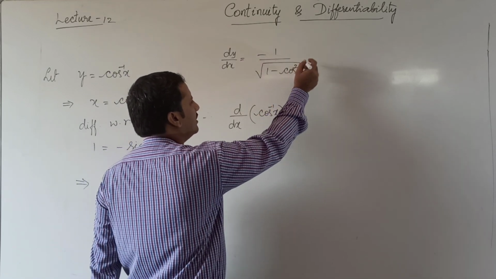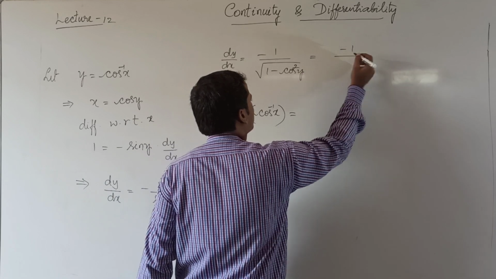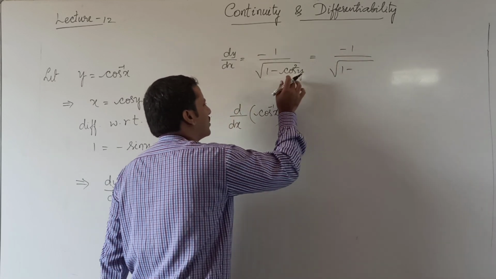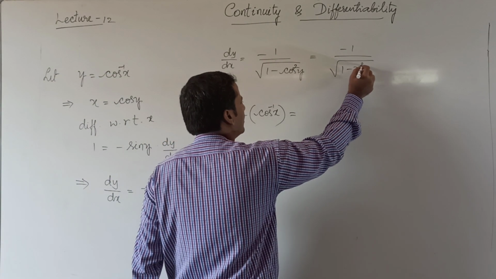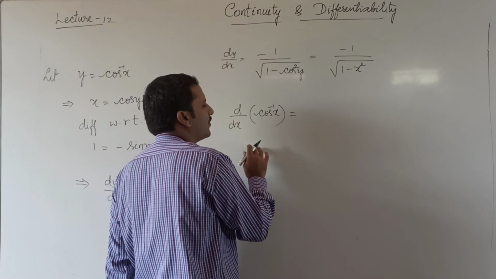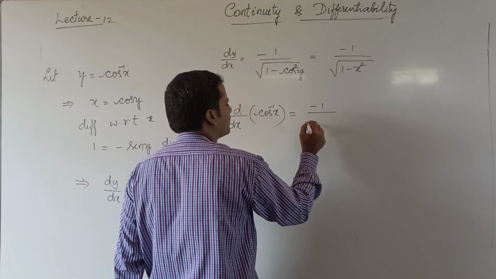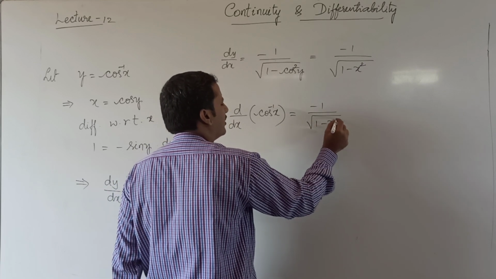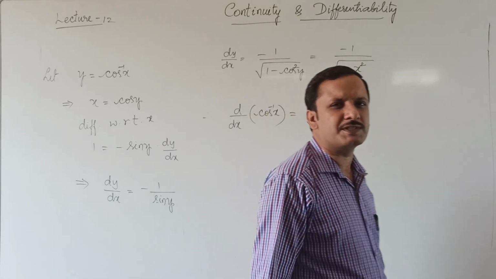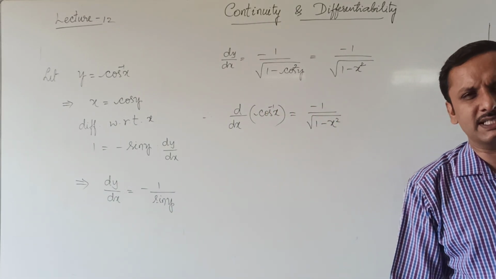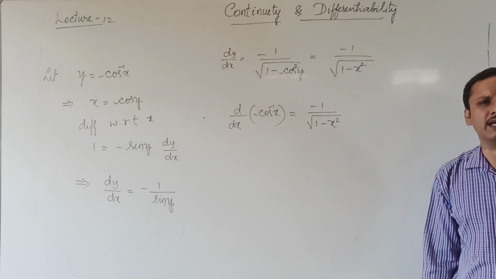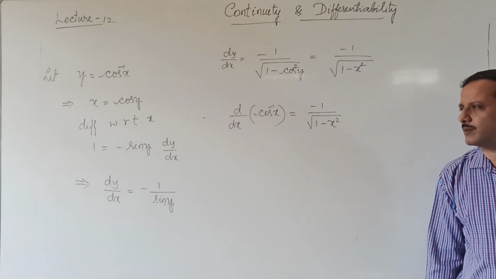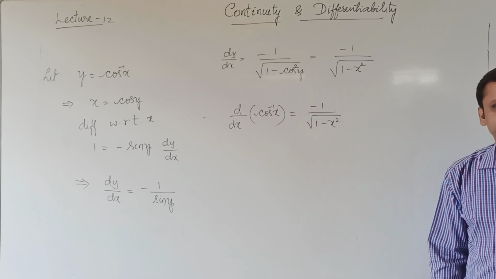That's equal to, sorry, I'll write one more step here. Minus 1 by root of 1 minus cos square y. Cos y is equal to x, so cos square y is equal to x square. So derivative of cos inverse x is minus 1 by root of 1 minus x square. Derivative of sin inverse x is 1 by root 1 minus x square, and derivative of cos inverse x is minus 1 by root 1 minus x square. Okay, then